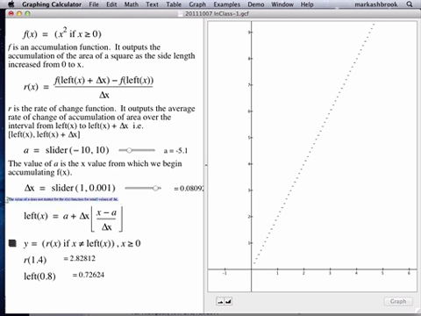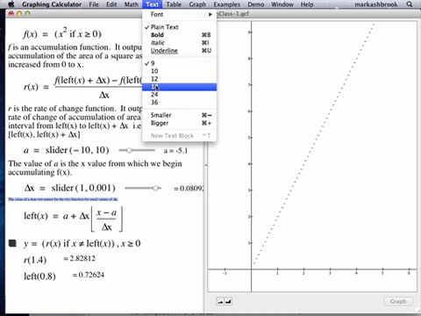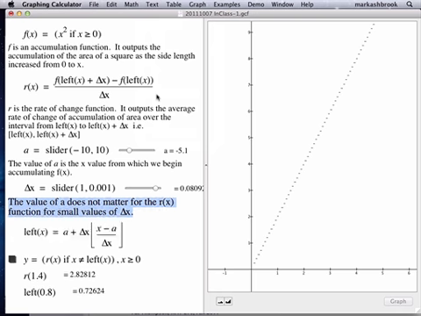That's right. The intervals are so small that a shift doesn't really mean much, right? It doesn't really have any meaning. Okay? So the value of A does not matter for the rate function for small values of delta x. Okay? And that's what we're showing here. So if I got a small enough value of delta x, that's the smallest one I think will show up. Changing where we start,